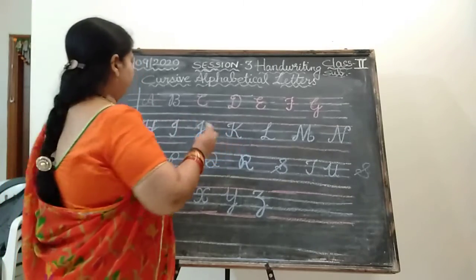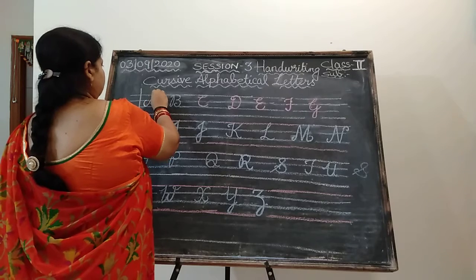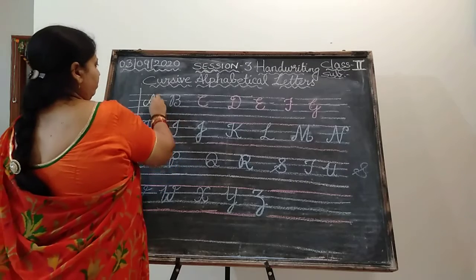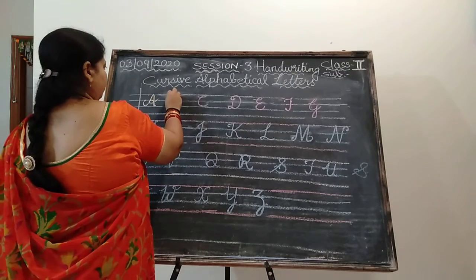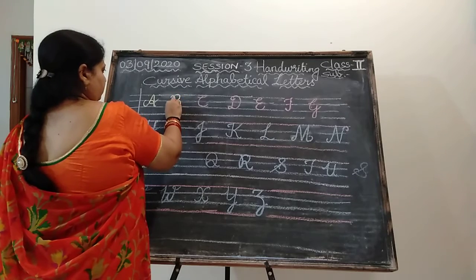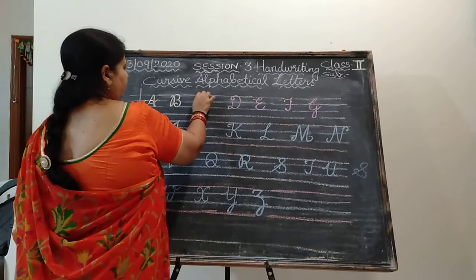Okay, and look here. Start from the mid lines again to upper stroke. See, I am writing. I am showing here. Write very slowly, children. Don't be so super fast. Okay, now see here. Just don't lift your fingers. Without lifting your fingers, you should write cursive letter B.